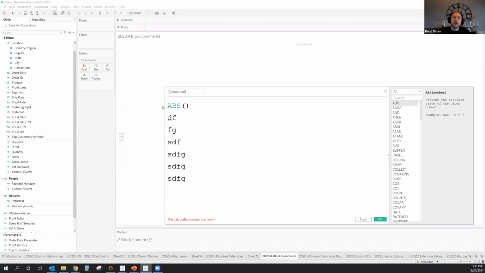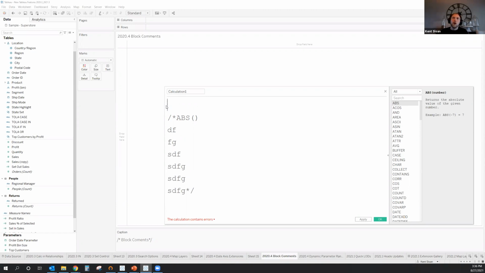Now this works the same as commenting in, say, SQL, where it's / and then asterisk to start, and then I have to do asterisk and then / again, if you can actually type, and that shuts it down and wraps this entire portion. So if you don't use comments inside calculations a lot currently, you might look at that and say, well, I don't see a big benefit from this.